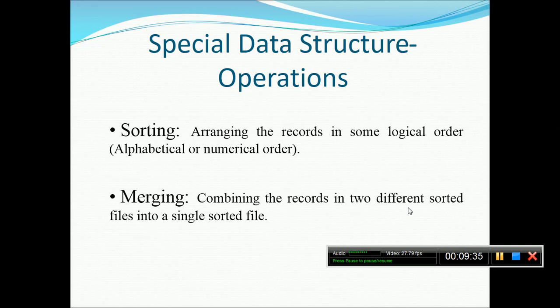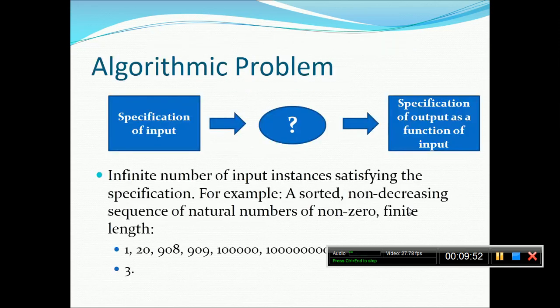So let's see an algorithm, basically in arrays, for how the merging process is carried out. Here the inputs are two small sorted arrays. Now if you want to merge the content of both the sorted arrays to create a bigger sorted array, we call this process merging itself.